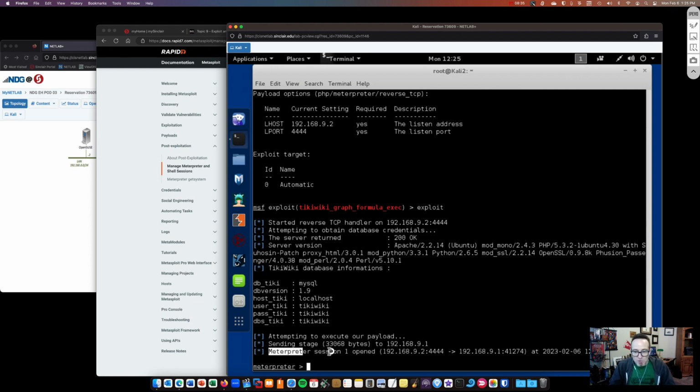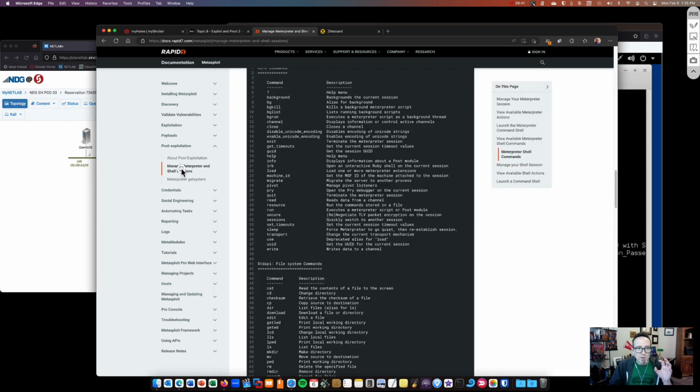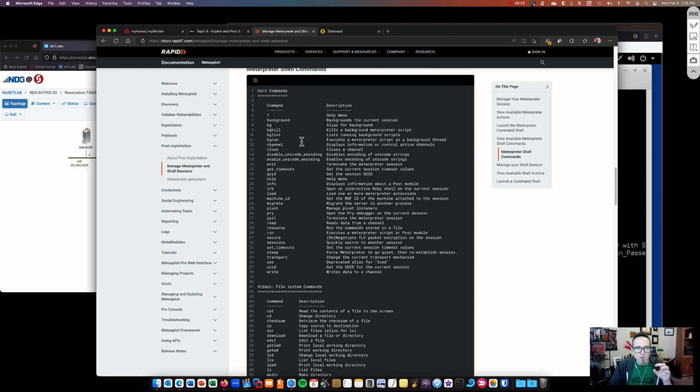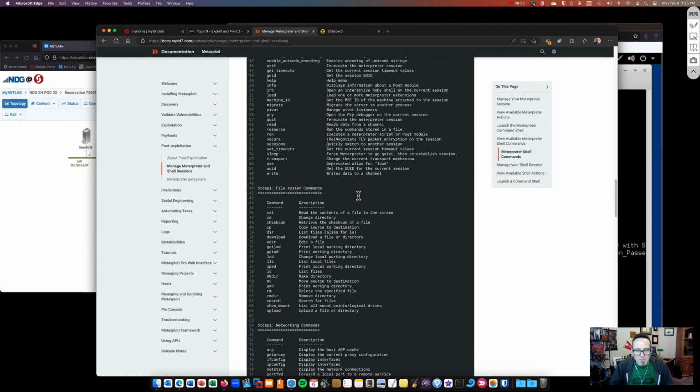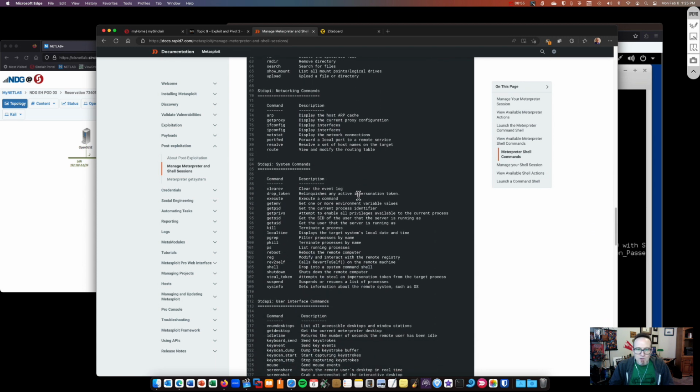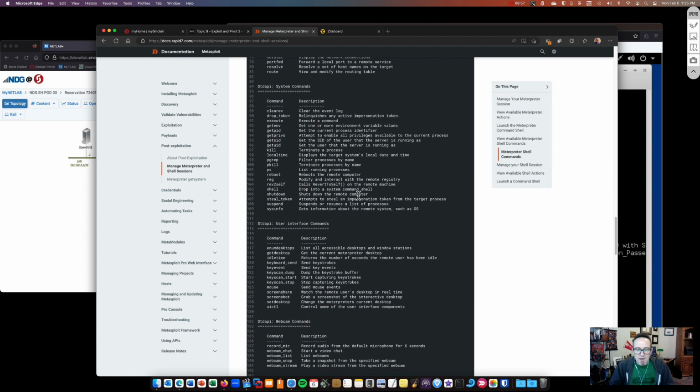We actually have a meterpreter session 1 open. Now you have a meterpreter sessions. You can actually have multiple shells open with meterpreter, and that's what I have here. So this is a meterpreter command list at the Rapid7 documentation site. So a lot here too. We're not going to go through all of this. We're talking about some of the main ones here. And that's going to, of course, be a lot of the get and run and a lot of the post